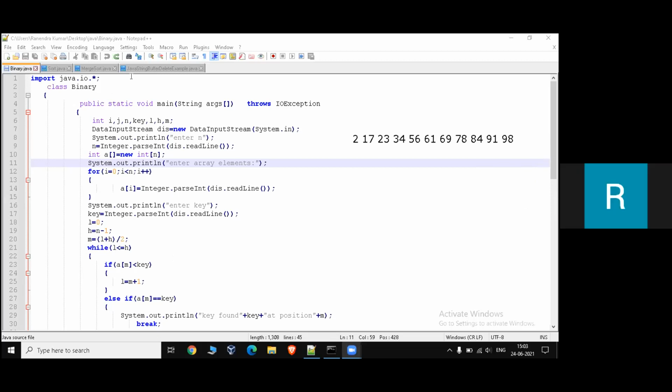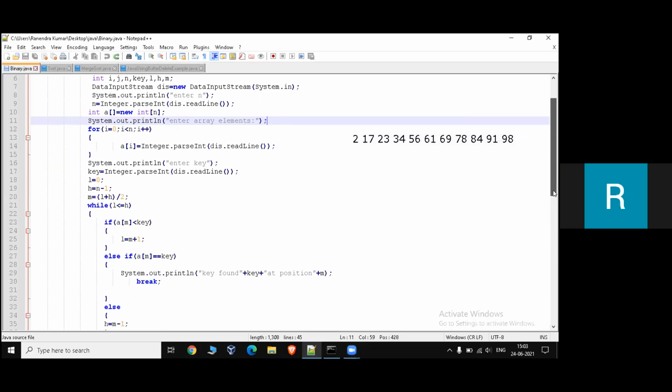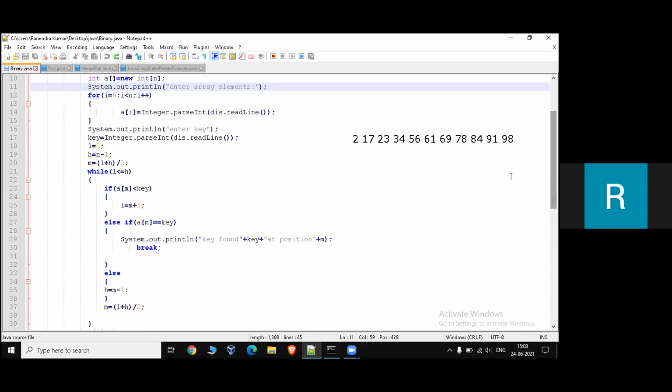Here we have 3 conditions. One is our search element is equal to the mid value. Our search element is greater than mid value, and our search element is less than mid value. If the search element is equal to mid value, we write a print statement, key is found at a position. If the mid value is less than the key value, we need to check the right subarray, and we need to change the lower bound to the mid plus 1 value.